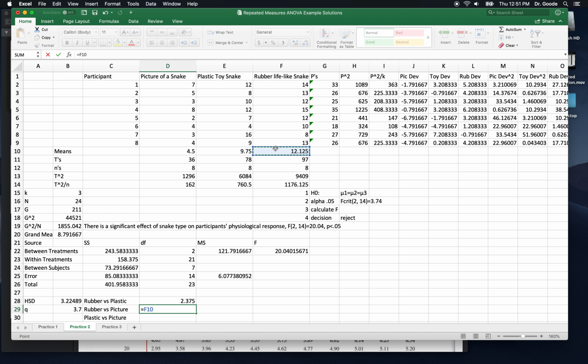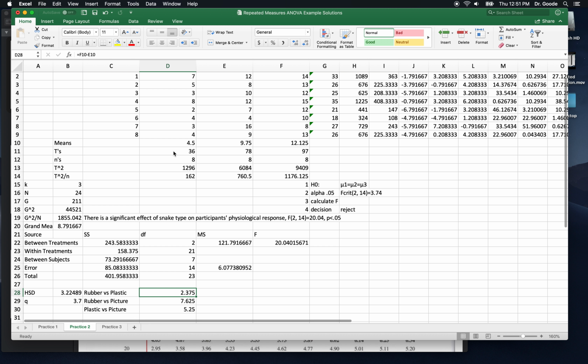This is equal to rubber versus picture. And this is equal to plastic versus picture. Okay. Only two of these are significant, so we can say that post hoc testing